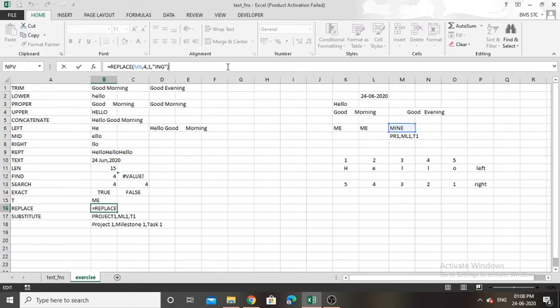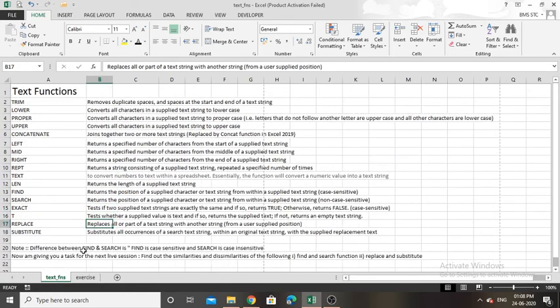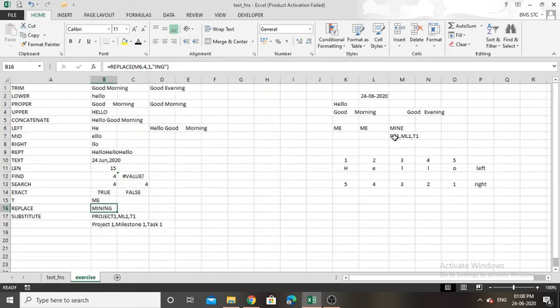So it changed mine to mining, and you can see the result here. Okay, the last text function, substitute, substitutes all occurrences of a search text string within an original text string with the supplied replacement text. So here I have